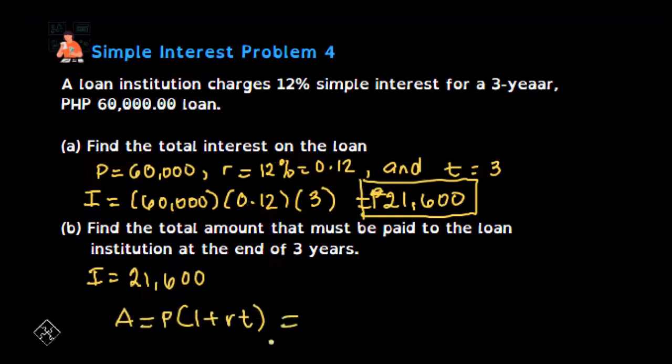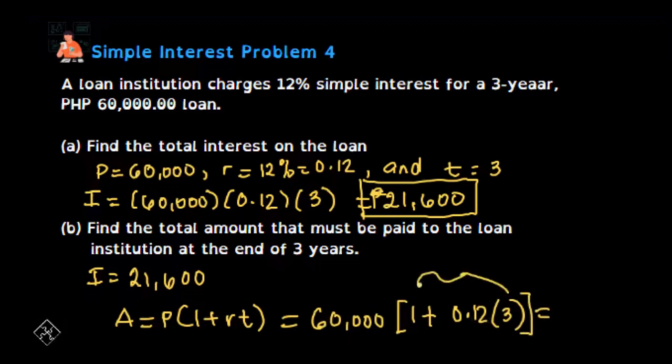So, we have P, which is 60,000 times 1, okay, plus R. R is 0.12, no? 0.12 times 3. Okay. So, that should be what? 60,000 times 1 plus 0.12 times 3. Okay, ito muna yung sagutan ninyo. Tapos, tsaka nyo i-multiply dito sa 60,000. O kaya naman, try nyo yung diretso sa calculator. Ang lalabas dyan is 81,600